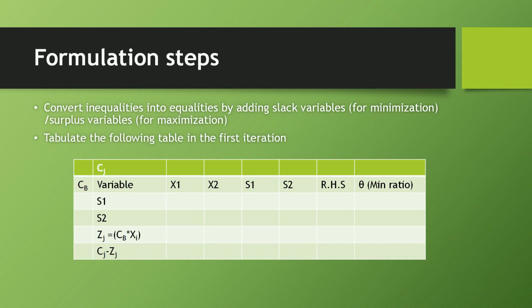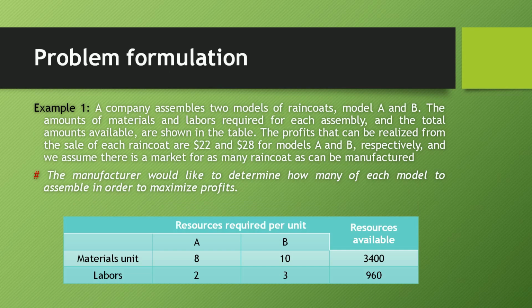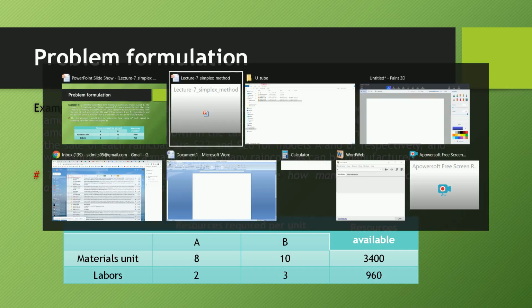So these are the formulation steps of solving a problem using the simplex method. You might not get what I am trying to say, so we will directly solve the problem so that you can easily understand what we are doing. But you have to remember the tabular form that we will develop in the question. This is the problem which we had solved using the graphical method. Now we will solve the same problem using the simplex method, and after solving it we will check our solution with the graphical method. So now let us first write the objective function.